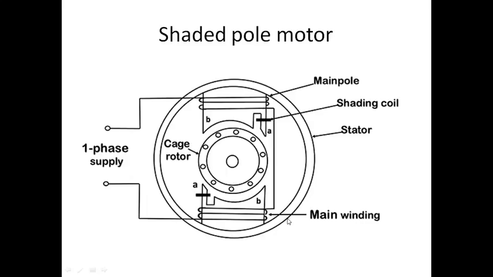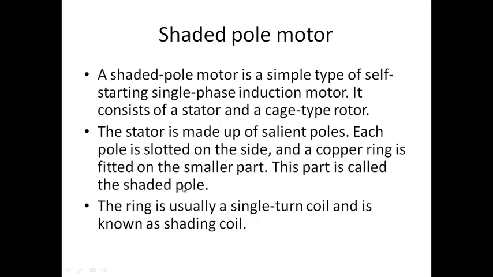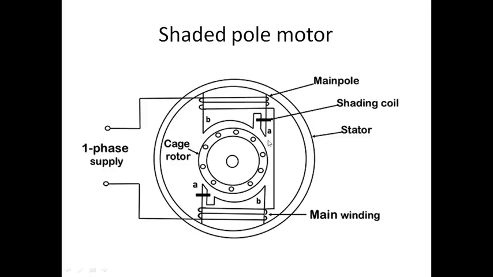Here, if you look, a magnetic field is induced. So if you give an input supply, one magnetic field is produced. This particular copper ring is going to cut the magnetic flux. So whenever the magnetic flux is cut, an EMF is induced. The copper ring is cutting the magnetic flux, so an EMF is induced in this particular motor, and so my rotor is going to rotate.